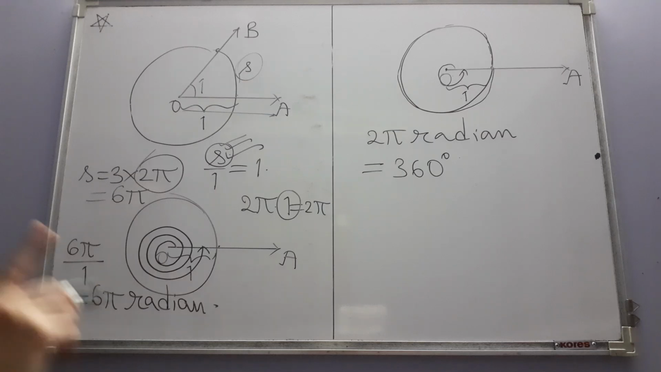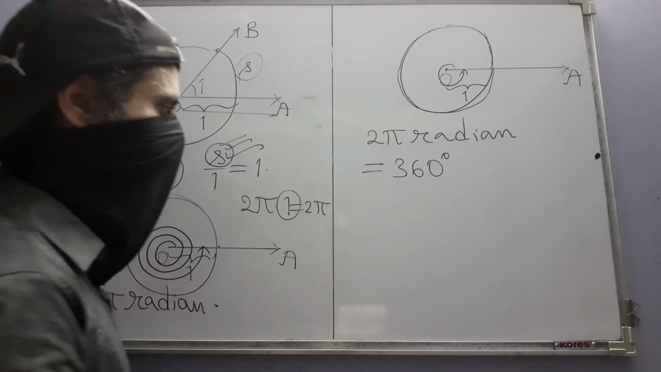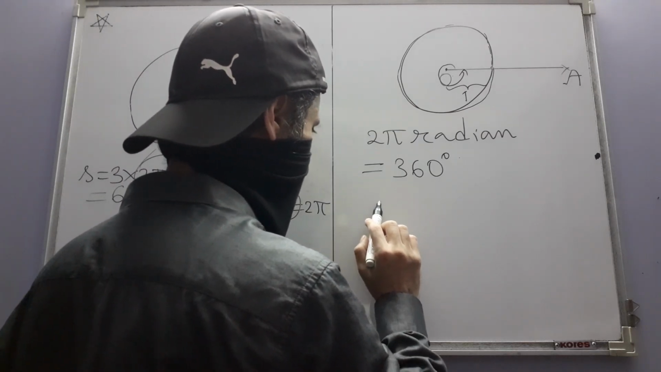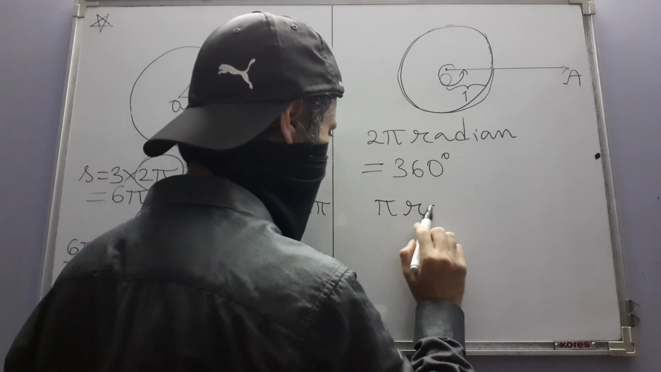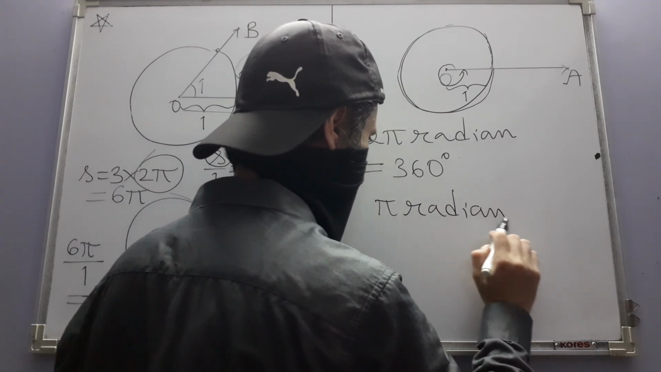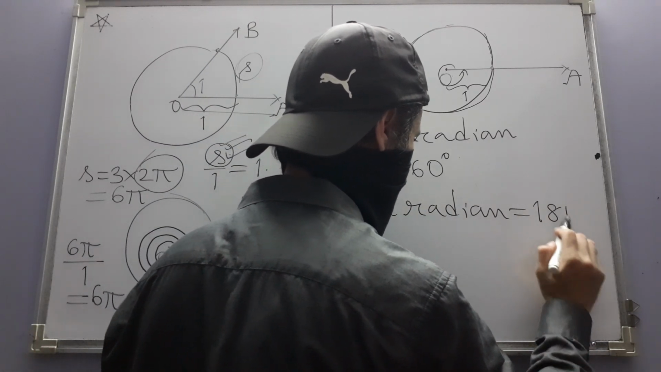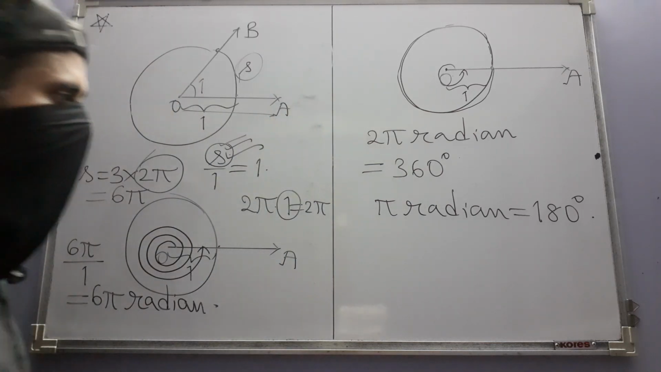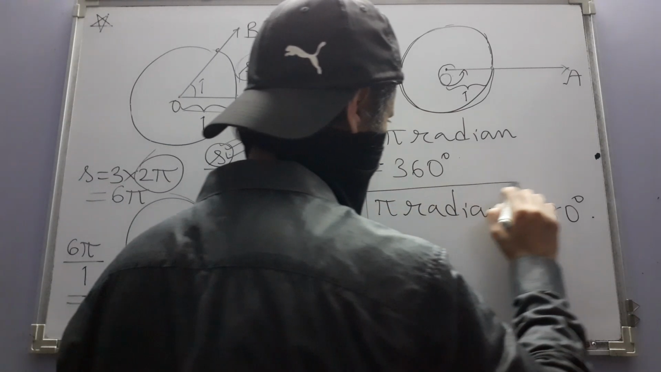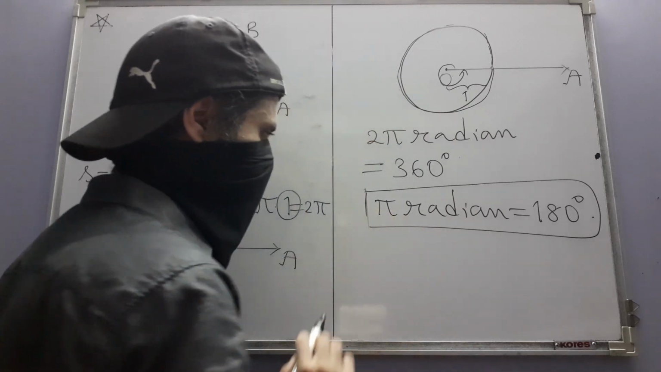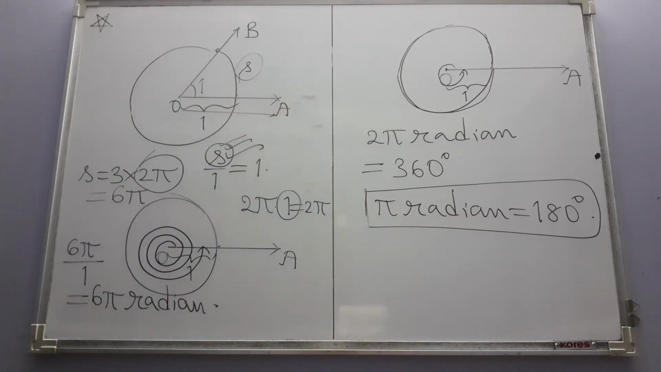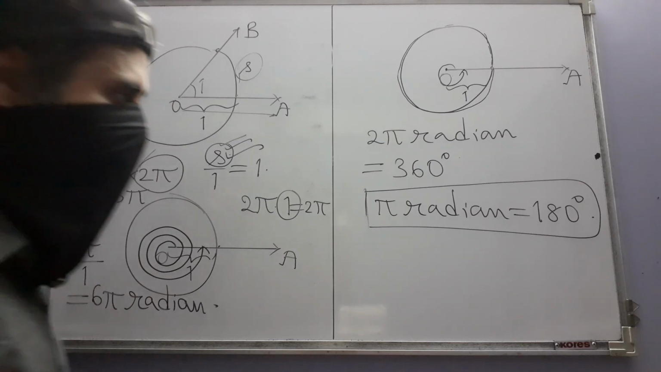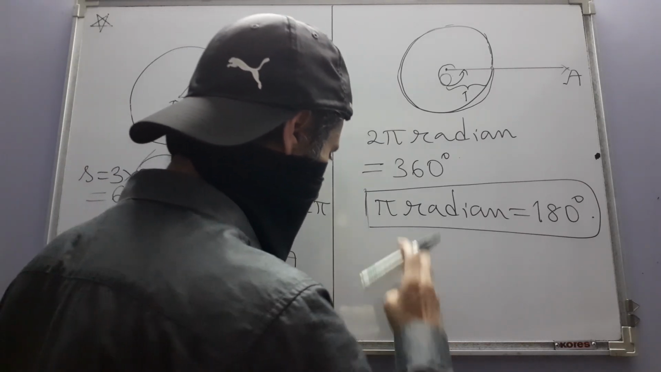So 2 pi radian is equal to 360 degree. Or if you simplify things, you get pi radian equal to 180 degree. So this is the relation using which you can convert the angular measure of some angular rotation from one unit to the other. If you are given